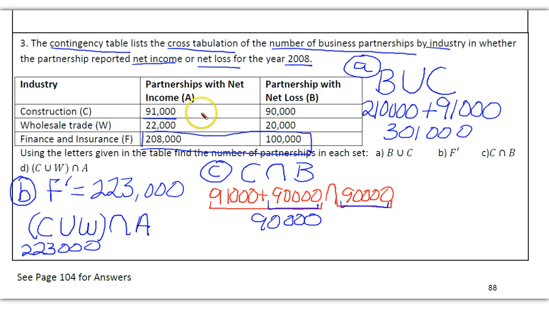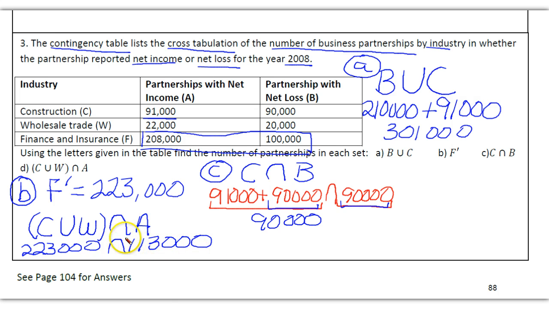Now this is C. So we're going to add these two together. This is W. Add those two together, and we get a sum total of this. So this is C union with W. Now we're going to intersect that with A, and it was these two that we're dealing with, C and W. Adding these together, we get